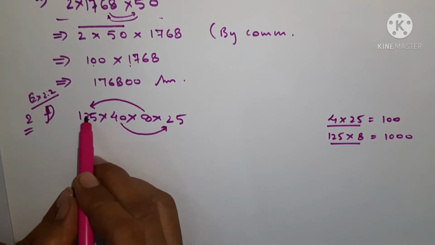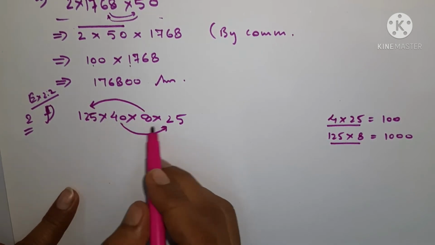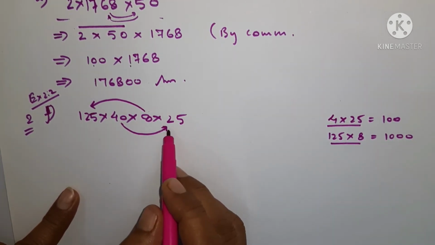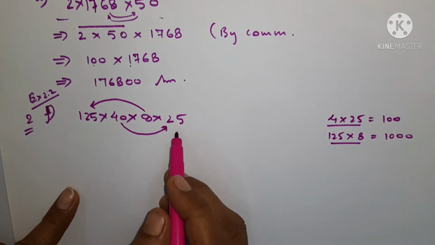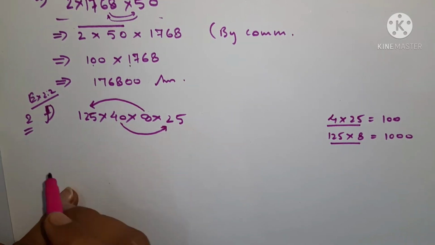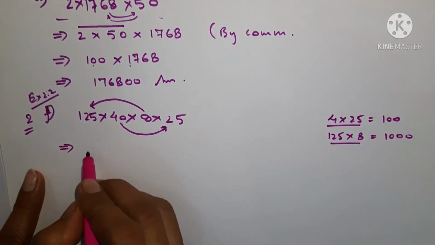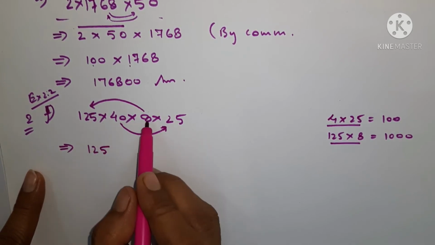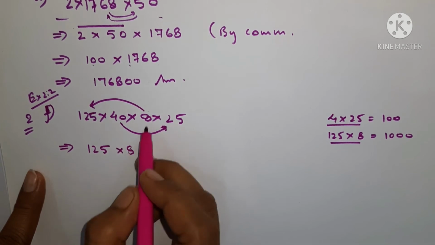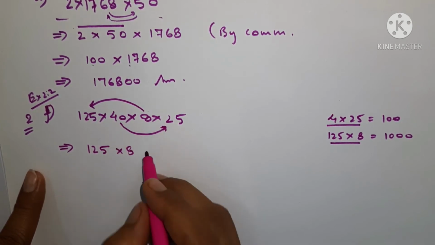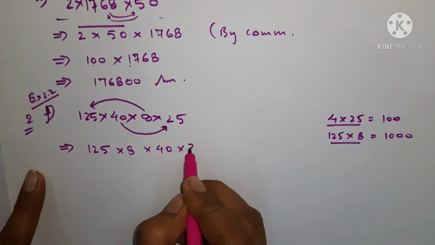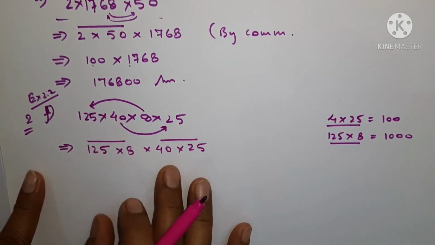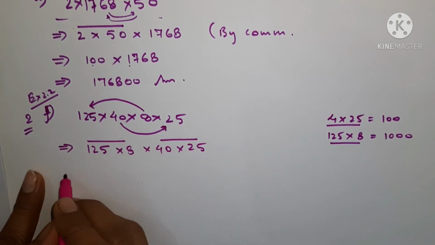These numbers are easy to remember and you can group them together to get the solutions very easily. Rather than multiplying 125 with 4, then 8 with 25, which will be harder and take more time, simply use your commutative property and associative property and group them together. Say this number 125 is to be grouped with 8, let 8 be here and this to be here. So 40 into 25. Now group these two together. It will be easier for you to get the answer here.